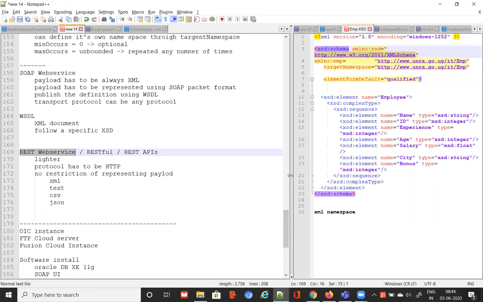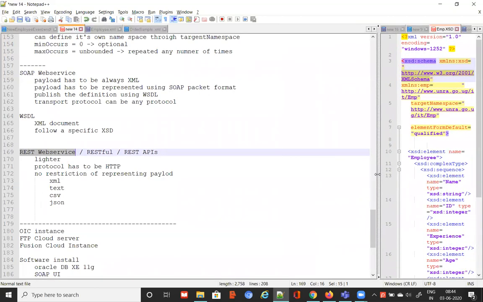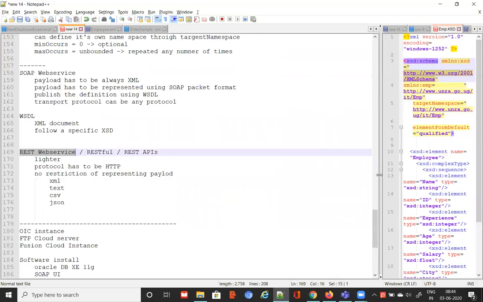But my doubt is, Bhaskar, when REST service can do everything that SOAP can do, why do they still have SOAP? Because it's already been in the market for so many years. You cannot go and modify all the web services to REST now. For example, when Fusion applications released the first version, there was no concept of REST, so they exposed everything as SOAP web services. Now you have to call those web services, so you have to understand SOAP web services also.